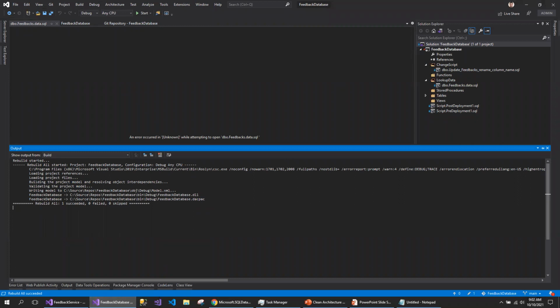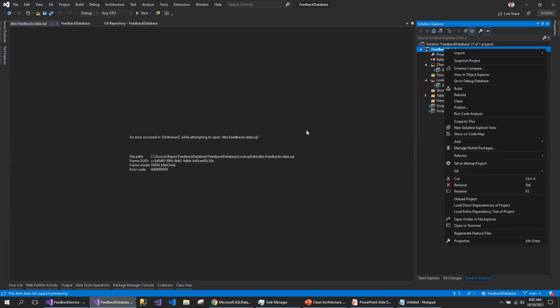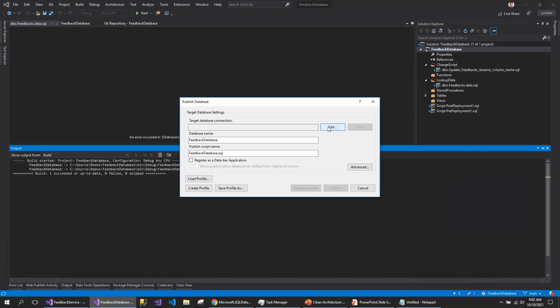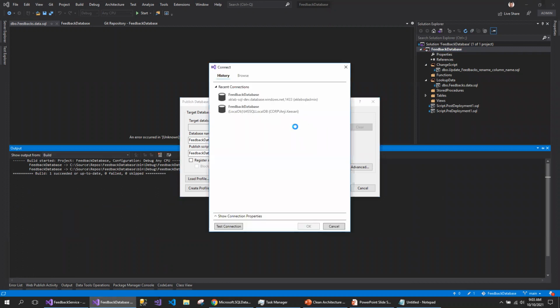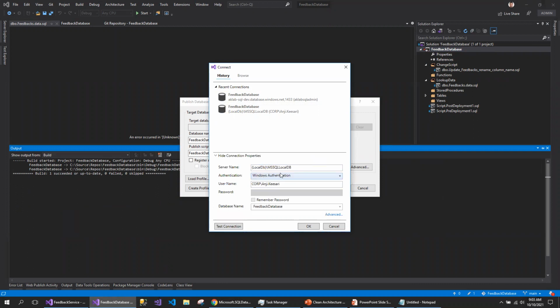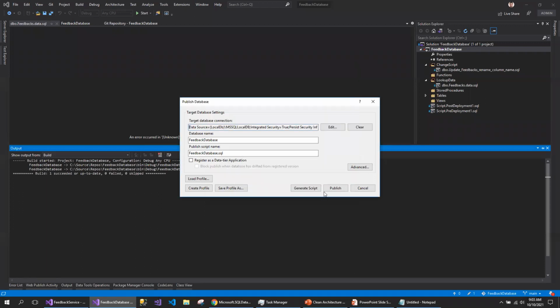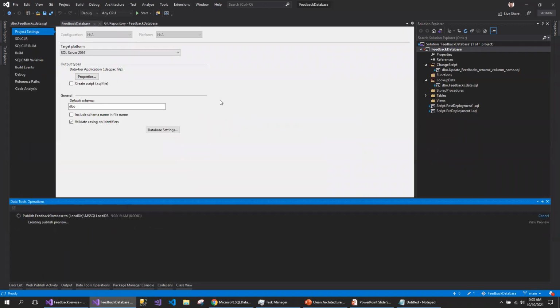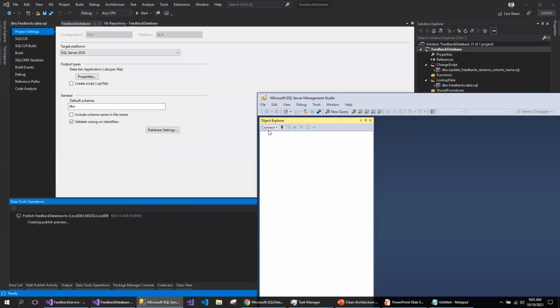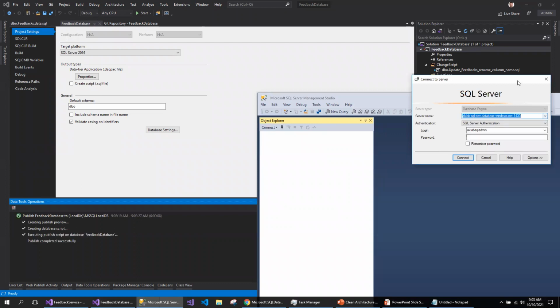Before deploying here, earlier I deployed this to the local database, published this to the database, by clicking on publish and create, then clicking on edit. So in order to publish this to the database, I already have the connection string. Let me quickly select the connection string. So this is my local database connection string. So I can publish, making sure that this is still working as expected. So I'm going to connect to the local database.